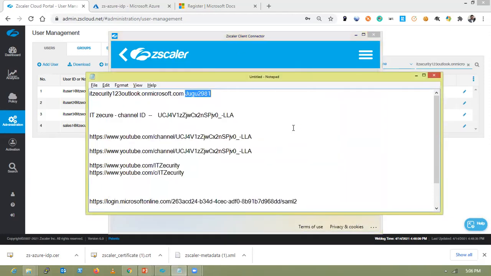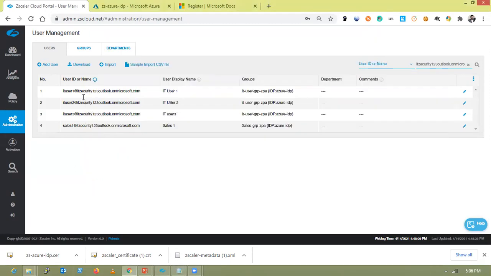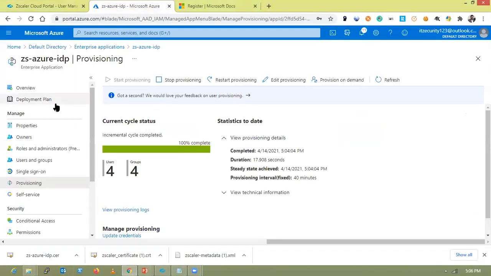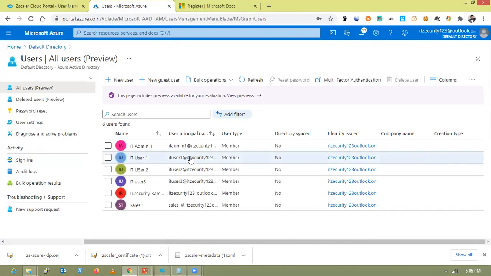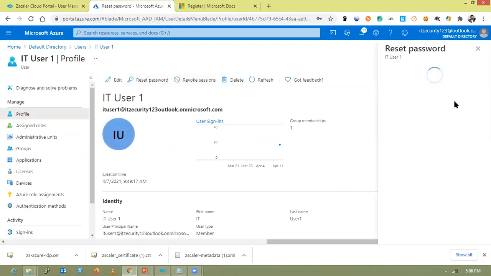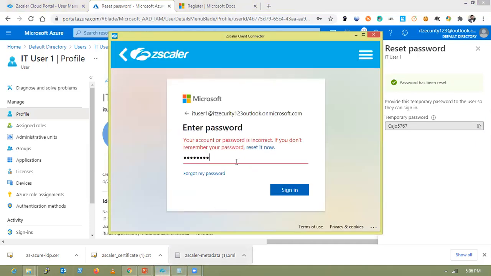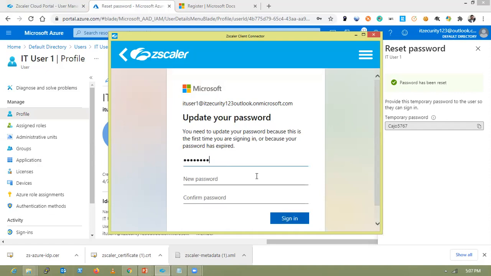Okay, the username or password is incorrect. Let me see. Let me go here, default Active Directory, and user 1. Let's reset the password now. Reset password. You will get a temporary password, and you can log in using your temporary password. Okay, we need to change the temporary password.